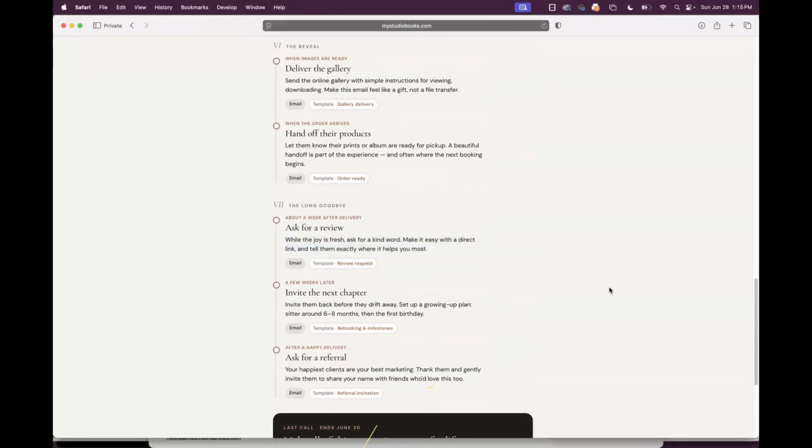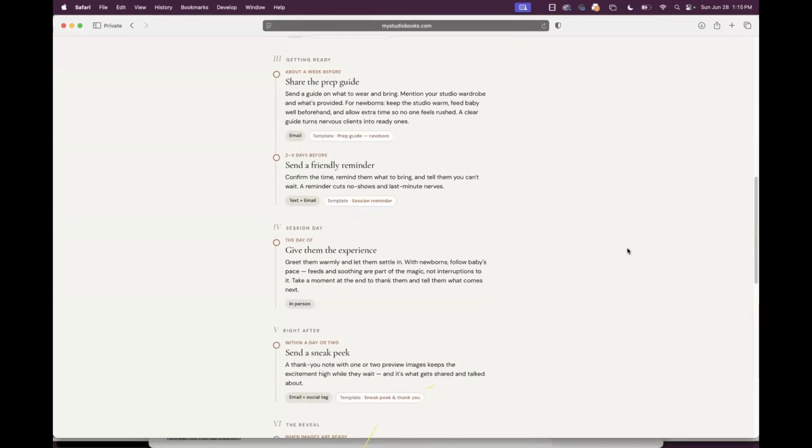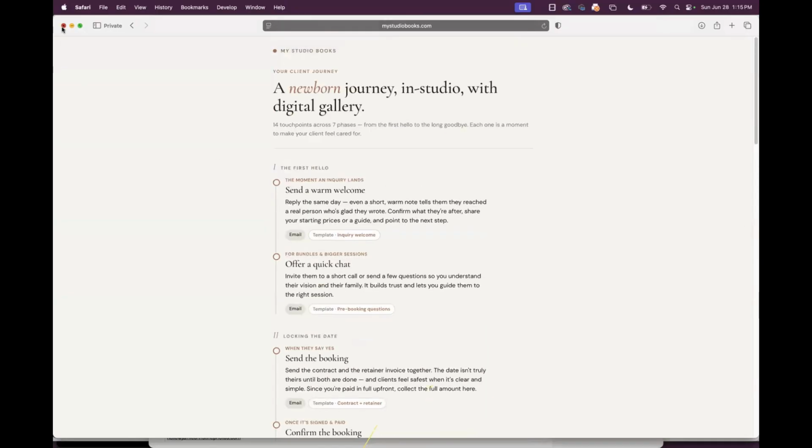I started changing when I send my client their gallery for the first time, I'm asking for a review then. I'm not waiting till the full process is done because sometimes if there's a mix up in the order or you're taking too long, their review may not be as great as when they first see the gallery and they're like, "Oh my God, the session was a disaster, but look at these amazing images." That's the time you want to do the review. This says a week after delivery, but you can move the workflow around so you can do it upon gallery. So anyone can try that if you're not logged in.